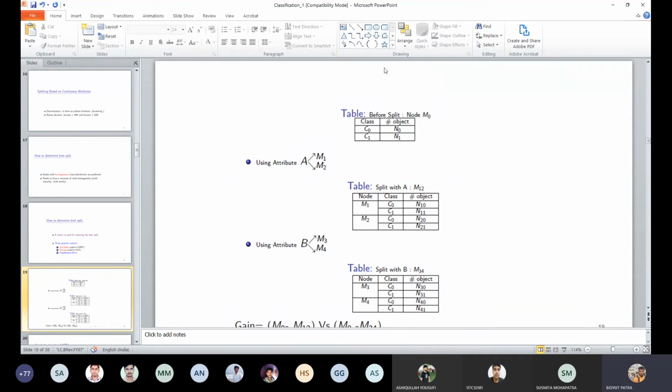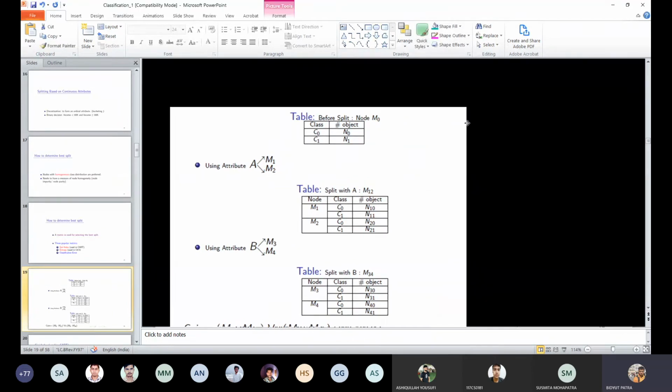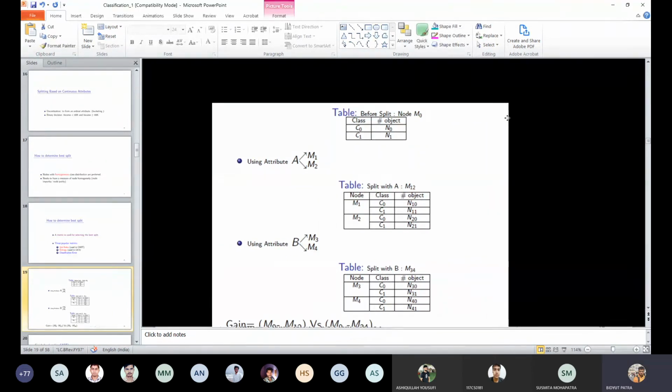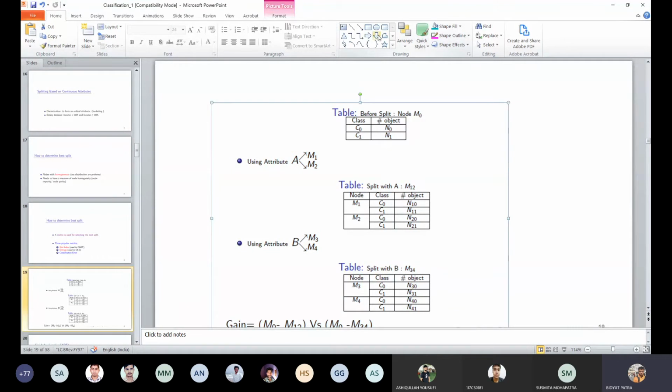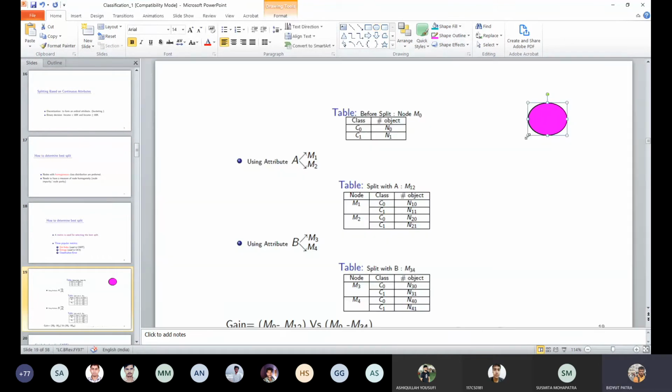In this example, let's say we have a node here. So this is the node, and in that node we have N0, N1, the total number of objects.